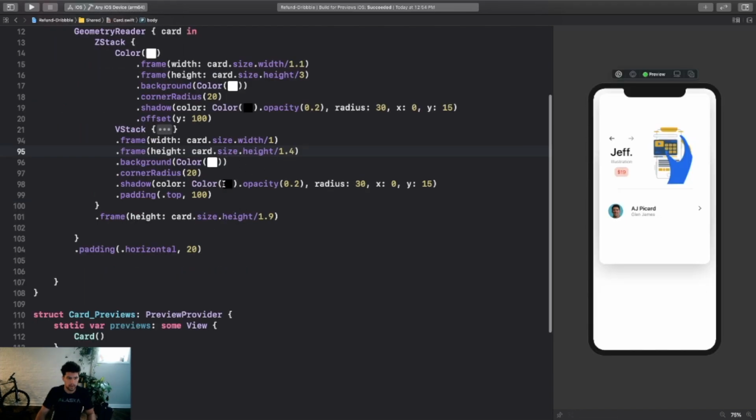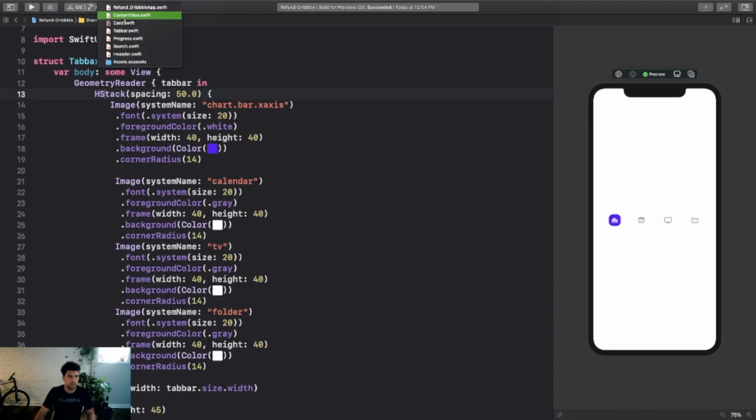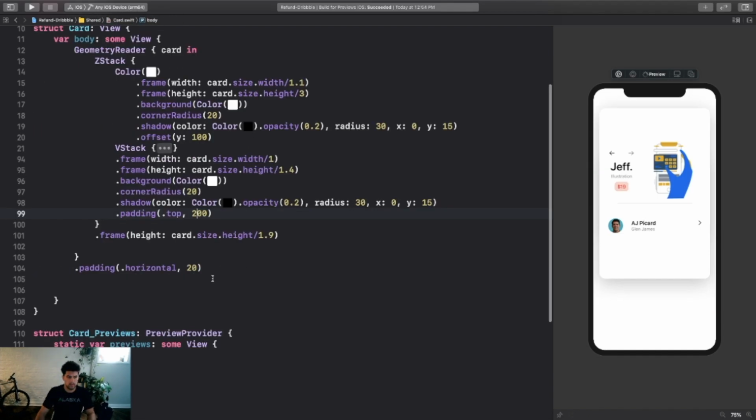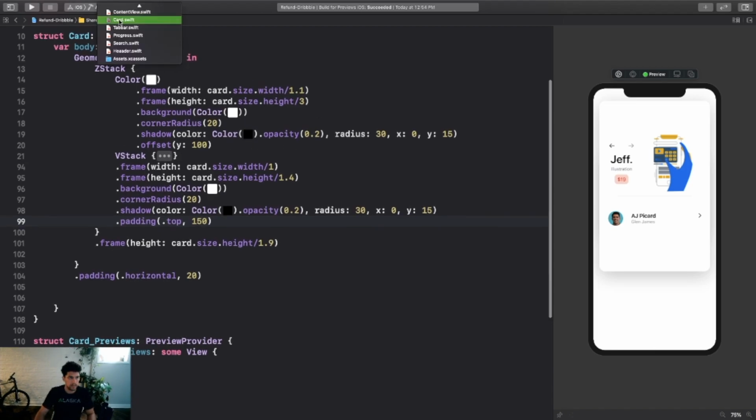Let's add some more padding. See what happens. So that's... Geometry Reader is very hard, guys. Very hard. Takes a lot to